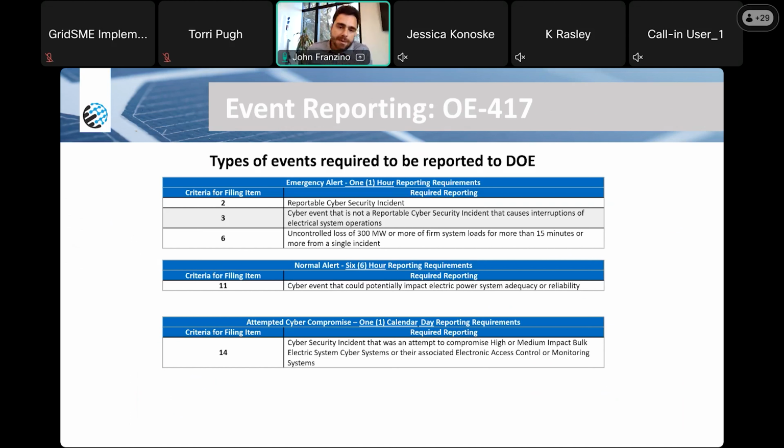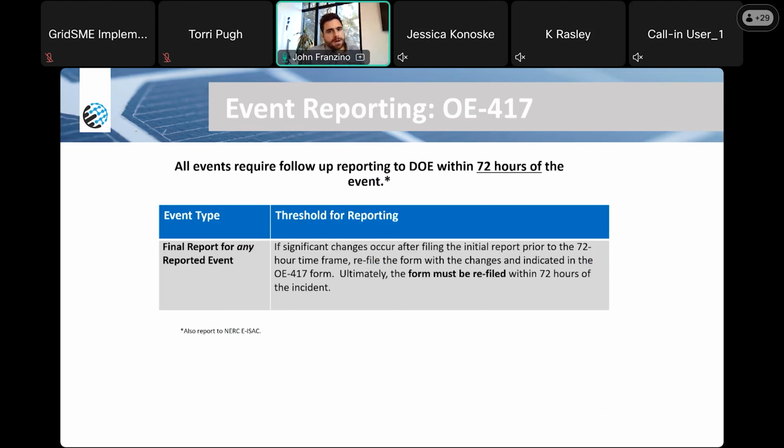And I would just make a general statement here that whenever we're talking about reporting potential or suspected incidents, whether on the physical security side or the cybersecurity side, especially at the initial report stage, the expectation is not that you have all the details, a root cause analysis, anything like that. Definitely lean on the side of, if you're questioning whether or not an event meets the reporting threshold, go ahead and report it. To that point, again, we'll touch on this afternoon in more depth, but like the NERC EISAC,